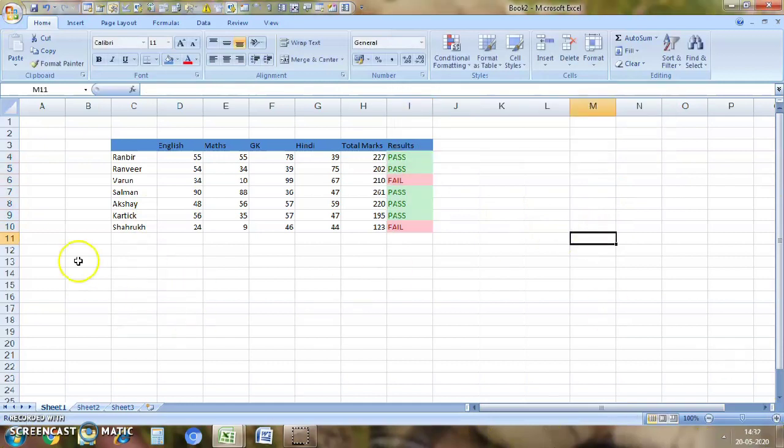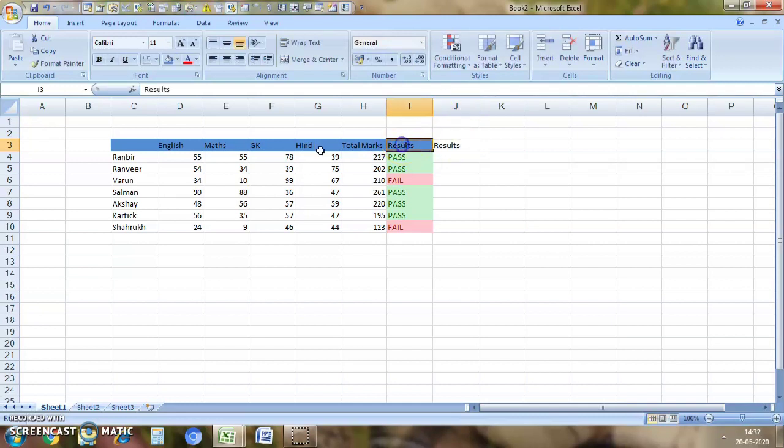So this is okay. If I change the marks of Varun, like I'll make his marks 50, enter, he is pass. Let's change his marks once again to show you all. So now I have used the IF only. This is only for one condition. Now the next one, I'm going to show you the results once again.